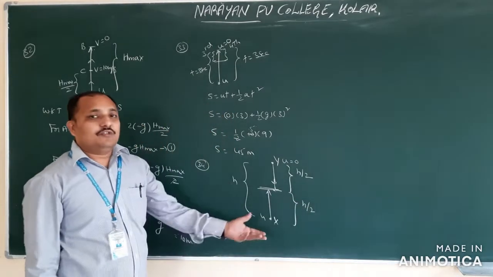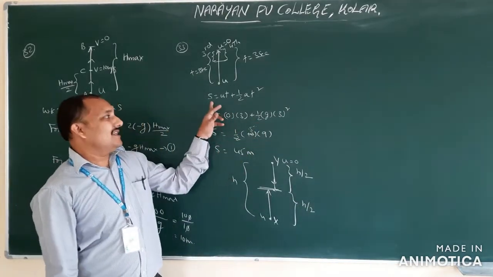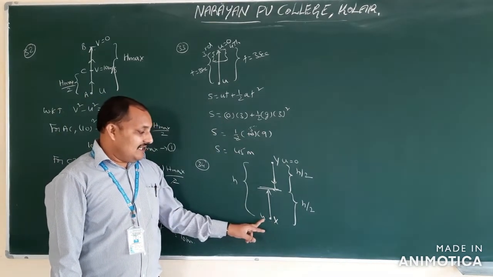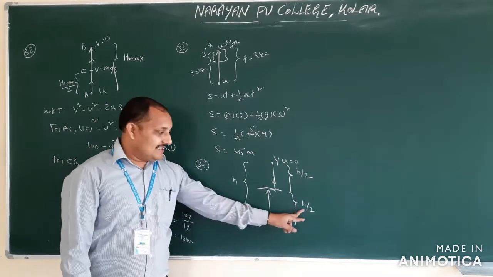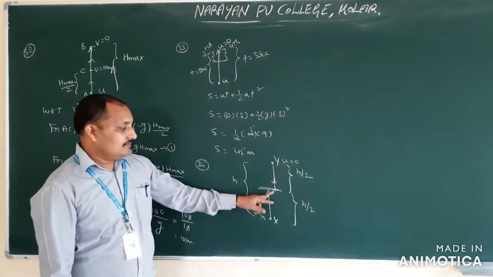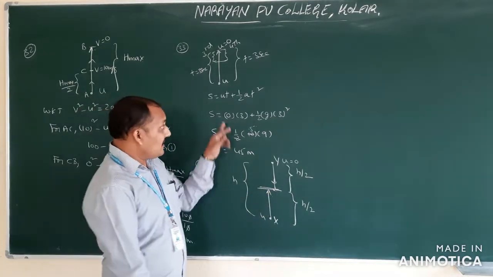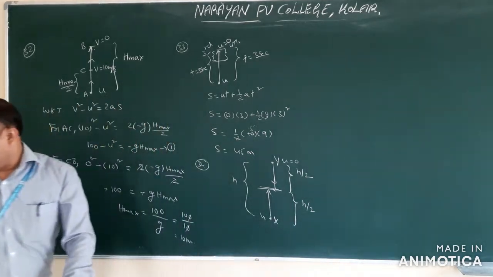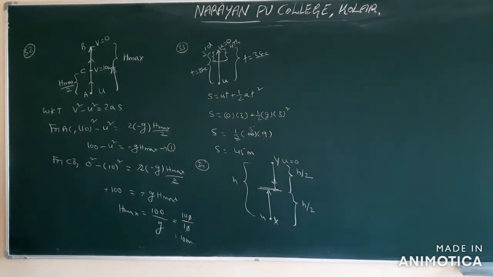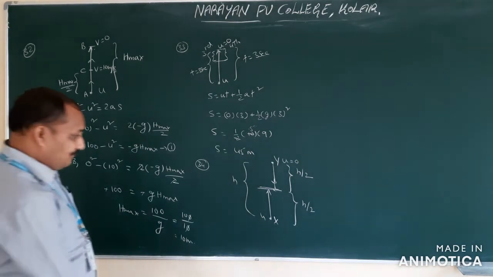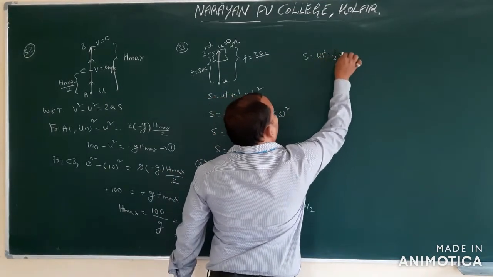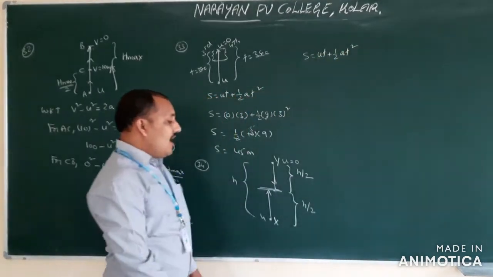So now you have to apply a formula two times. For the vertically projected body x, the initial velocity is u. How much distance is it covering? h by 2. This formula you can apply 2 times. We have to find the time. If u is equal to, the time you should get. S is equal to ut plus half at square.